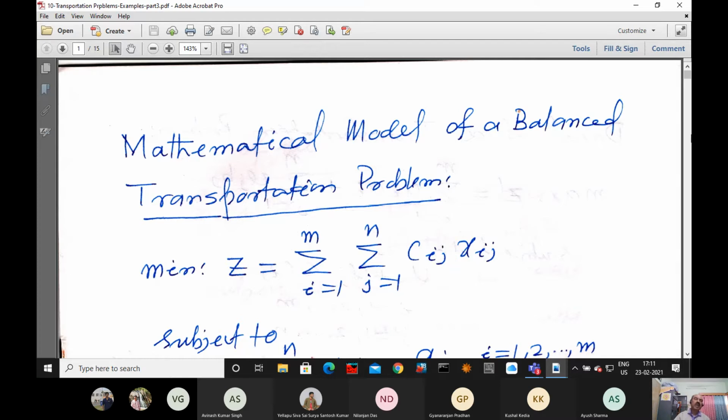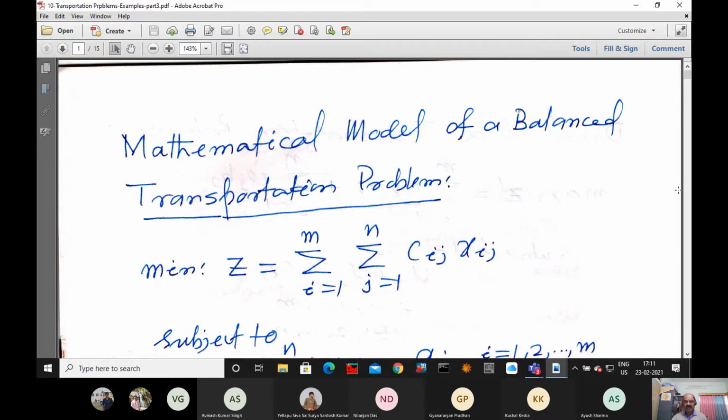So what he will do? He will find a different route which is not giving minimum transportation cost. It is giving maximum transportation cost. But in general, if it is really an optimization problem, we have to have minimization of transportation cost, not maximization. So minimization of transportation cost is ideal. Otherwise, the problem will look absurd. But if it is a mathematical problem, it can be minimization type or maximization type. If it is maximization type, multiply by a minus sign and proceed. That's all. Generally it is minimization type.